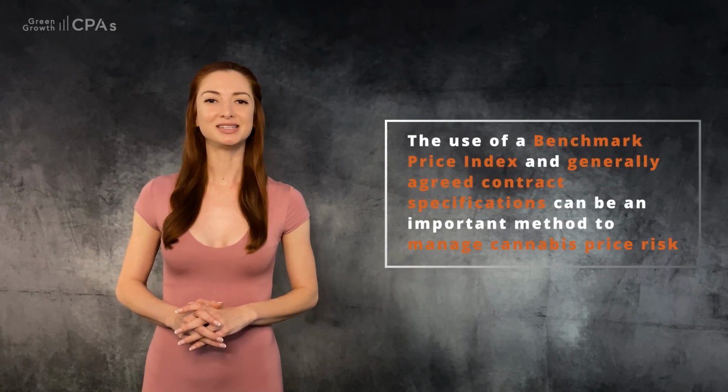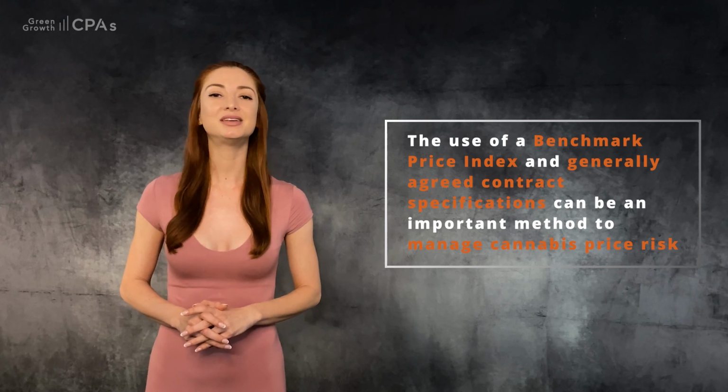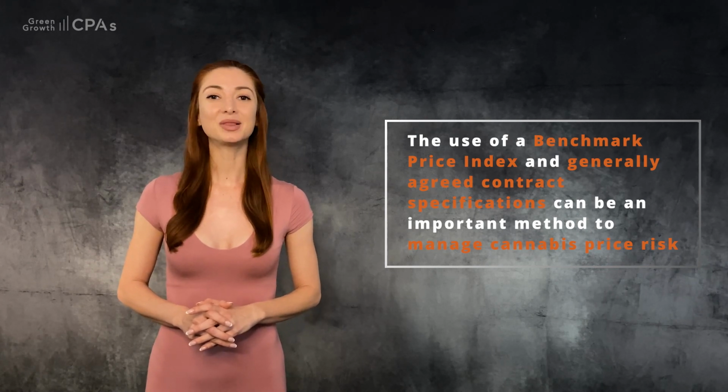Although the development of the cannabis industry in the U.S. remains hindered by federal prohibition, it is still possible to develop the basic tools for hedging. The use of a benchmark price index and generally agreed upon contract specifications can be an important method to manage cannabis price risk. As outlined, participants can agree upon a standard and a specification such as specifying flower in a